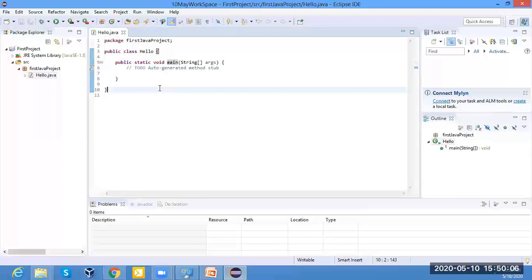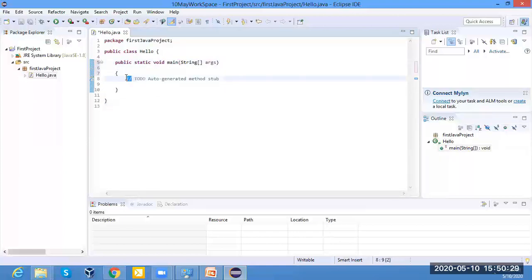I will teach you in this way: first we will complete some Selenium, then we will jump to Java, then come back to Selenium, teaching only as much Java as is necessary for Selenium coding. Okay, don't worry about that part.